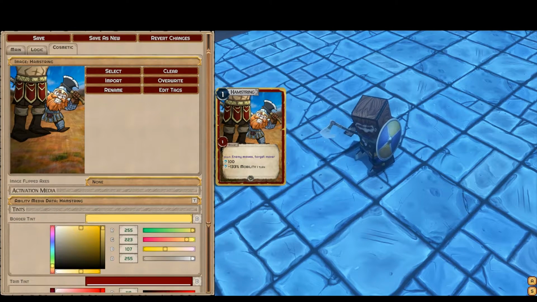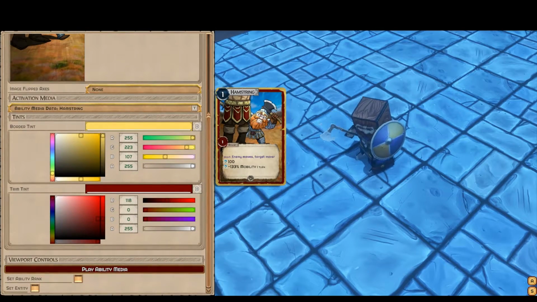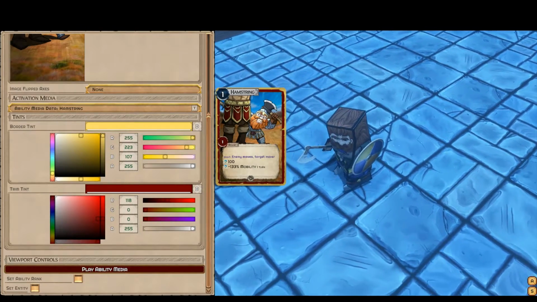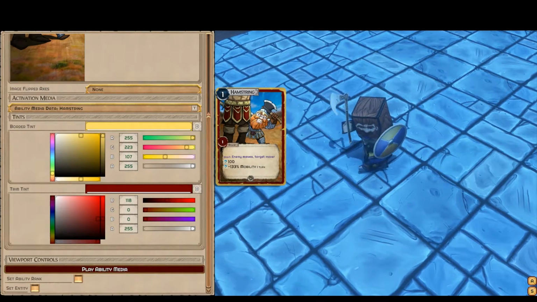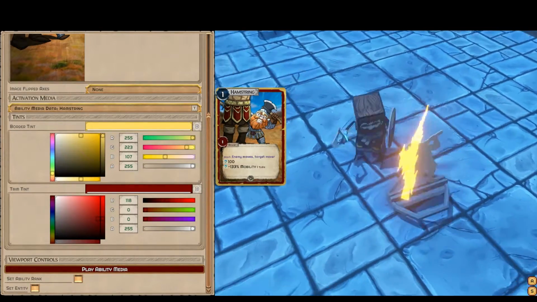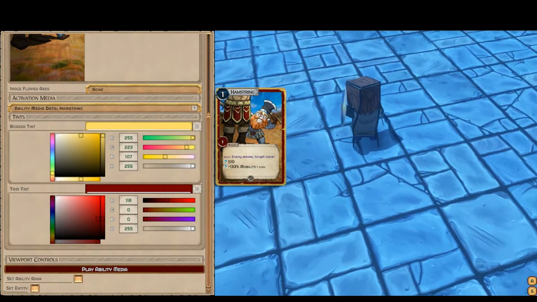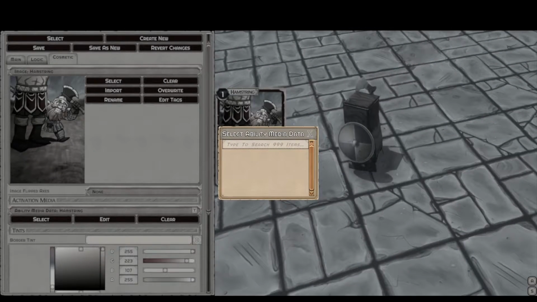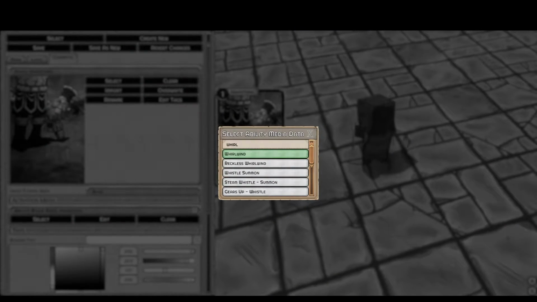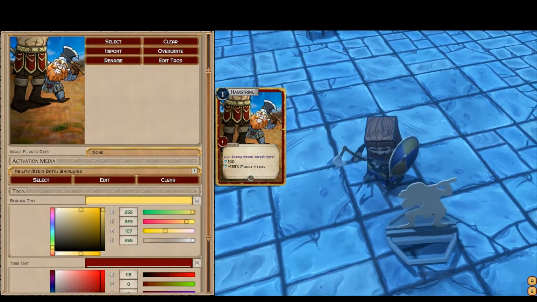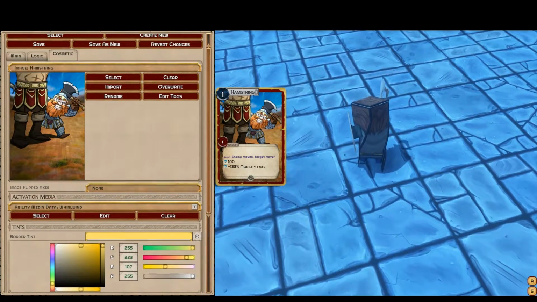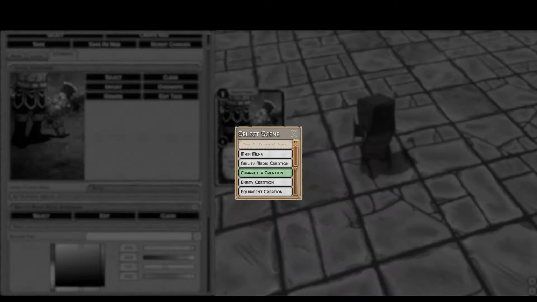So then you can also play the ability media, and it'll jump over here, and whether it's an AE or whoever's using it will be taken into account, and you'll be able to actually see the ability being executed there. So you can actually change the ability media here as well. So if you wanted to make it, say, Whirlwind or Reckless Whirlwind or whatever you want to do, come down here and you'll see it happen. So we're not going to save these changes, but we're just going to jump over to the enemy creation,